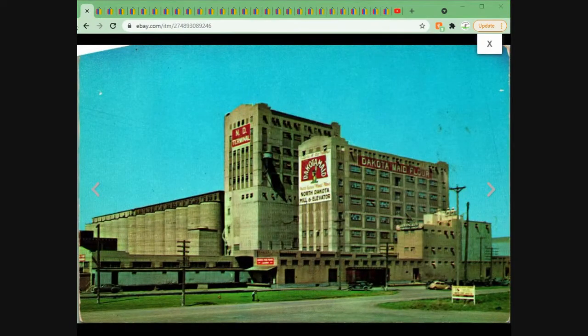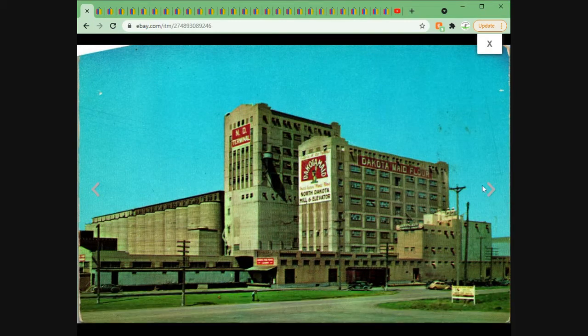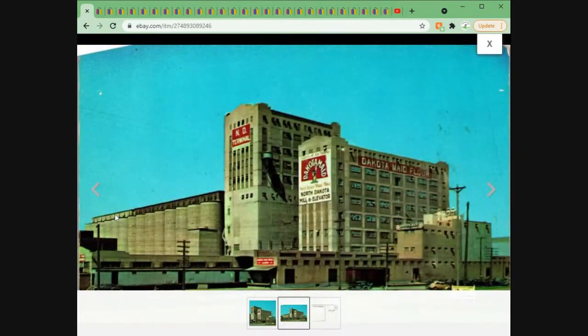Here we have the Dakota Made Mill and Grain Elevator in Grand Forks, North Dakota. Unposted, nice chrome postcard. This sort of farming industrial complex stuff does pretty well for me. I like this one a lot. It just kind of looks cool. It's got